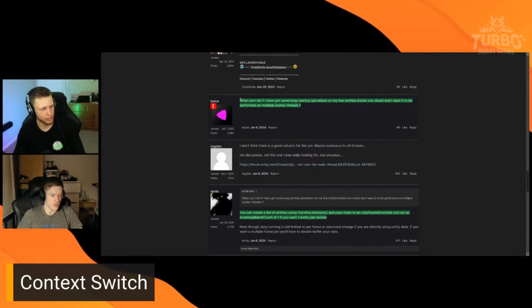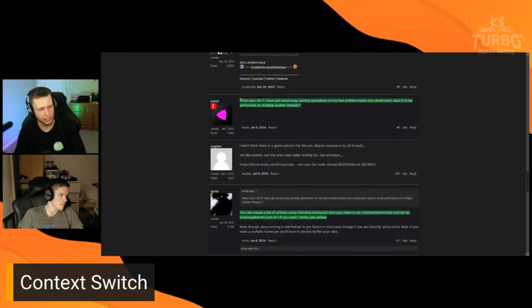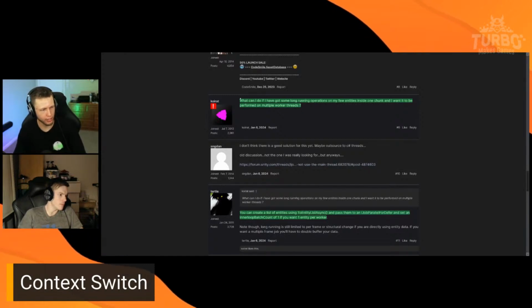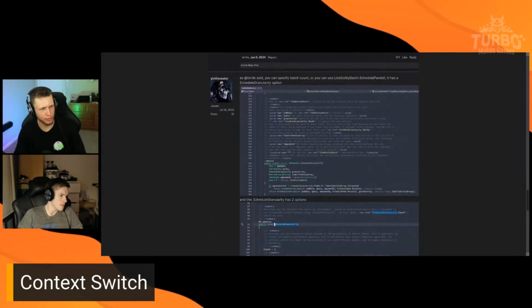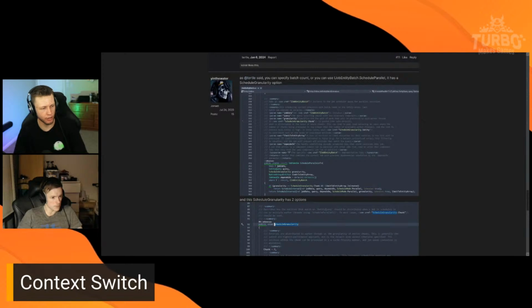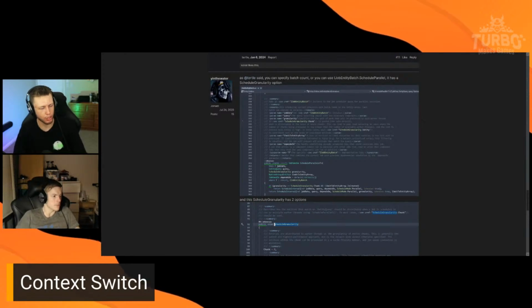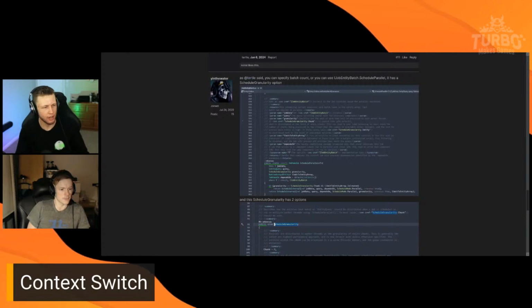And so someone says, what can I do if I've got some long-running operations on a few entities inside one chunk and I want it to be performed on multiple worker threads? So there did actually used to be this IJobEntityBatch, and there was a schedule granularity option where you could actually run jobs on a per entity or a per chunk basis. You could differentiate between the two. That is no longer a feature,